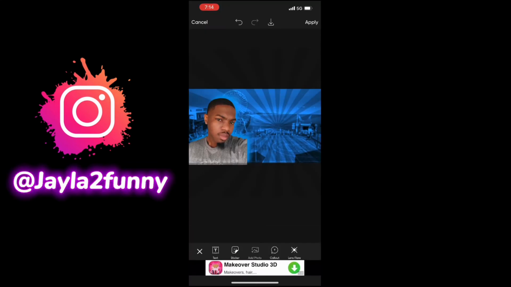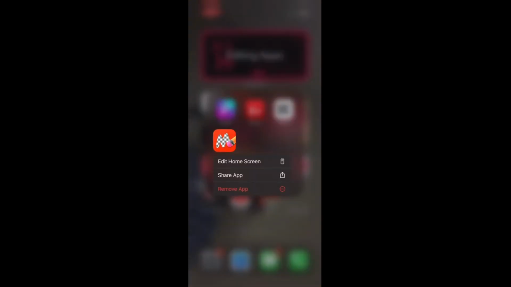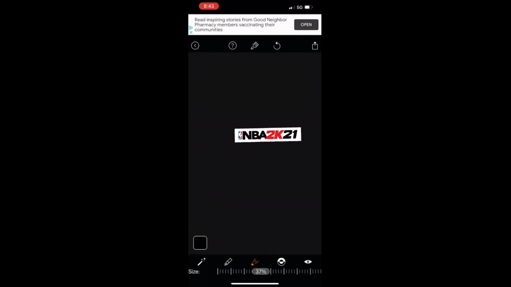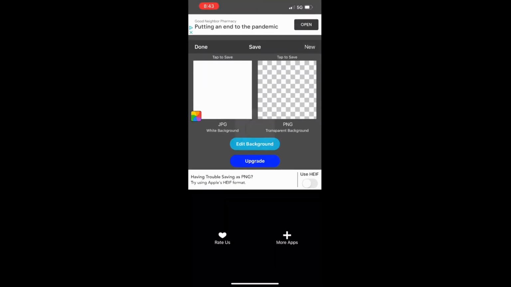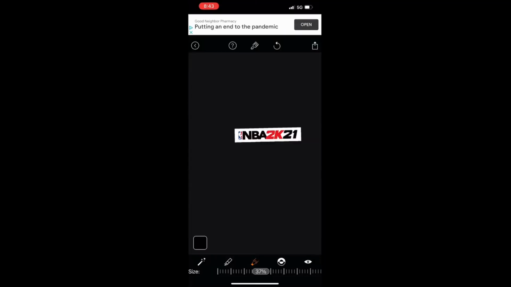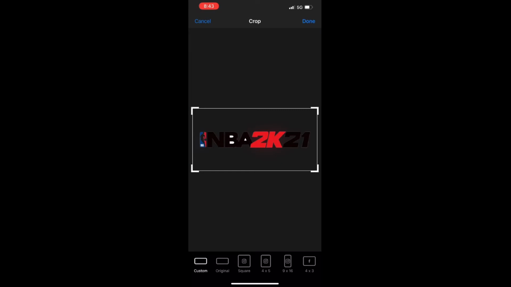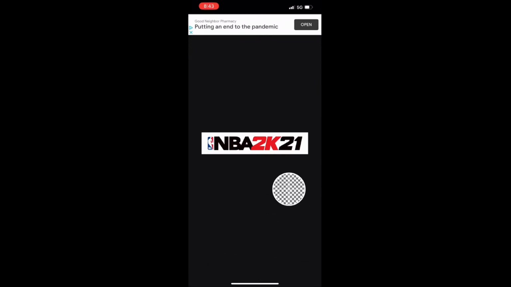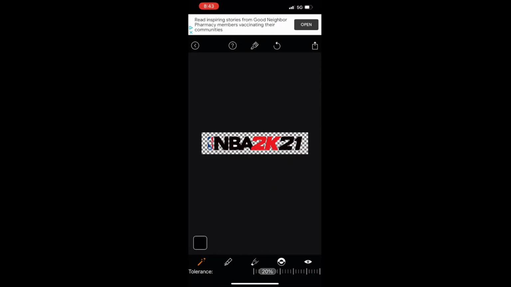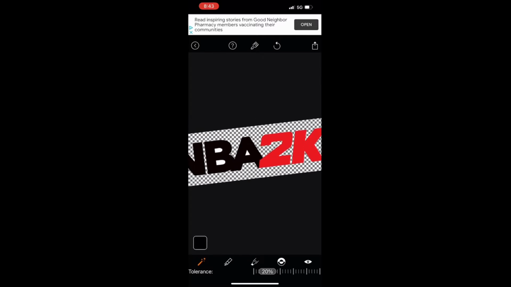They made 2K21. So alright, so this is another app you can use called Magic Eraser on iOS. I don't know if it's on Android. If it is, then it's called Magic Eraser. So you're gonna open the app and then you're gonna get your picture of the PNG. And so once you do that, it's gonna actually size it up already. Just push done, you know what I'm saying? Next, it will be like on tolerances or whatever, or all you have to do is touch the screen and that circle will pop up, and you're gonna go up to the white, and it will just remove the